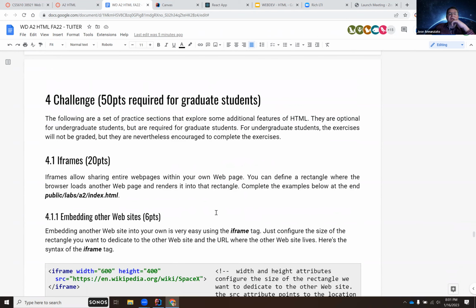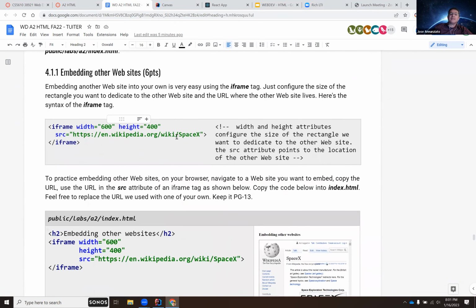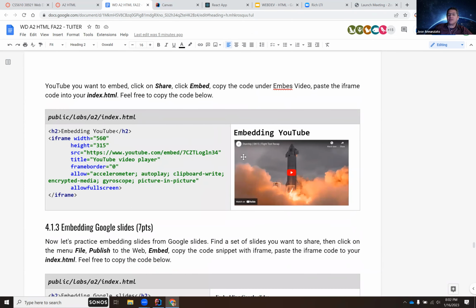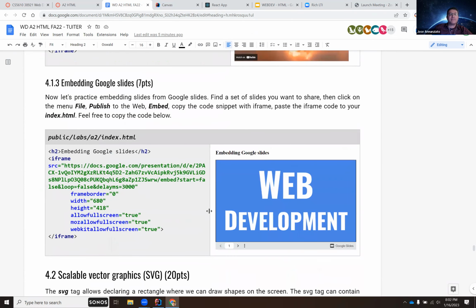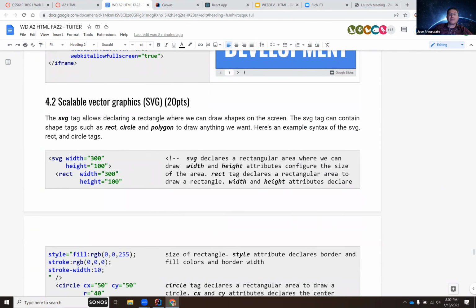And then the last section is a challenge, and this is only for graduate students. So the undergrads don't need to do this. But we ask you to explore a few other topics like iframes, embedding other websites inside of your website, embedding HTML, YouTube videos, embedding Google Slides, and also playing around with scalable vector graphics,